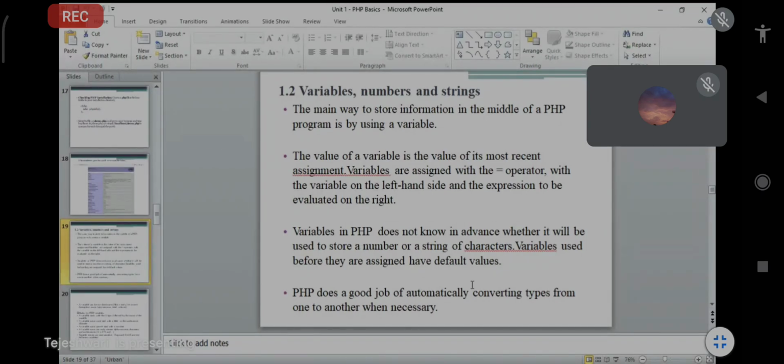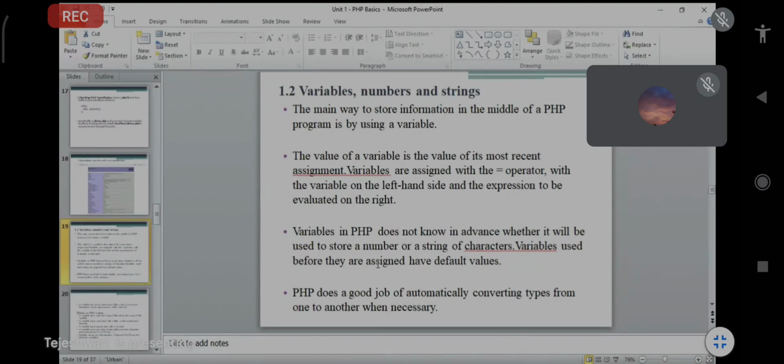Variables in PHP are not known in advance, whether they will be used to store a number or a string. We have to use strings also, and numbers, strings of characters, before assigning the default value in the code.